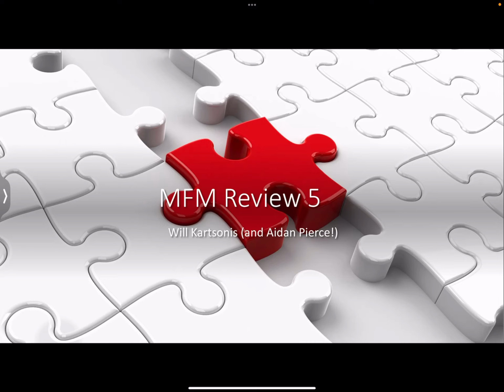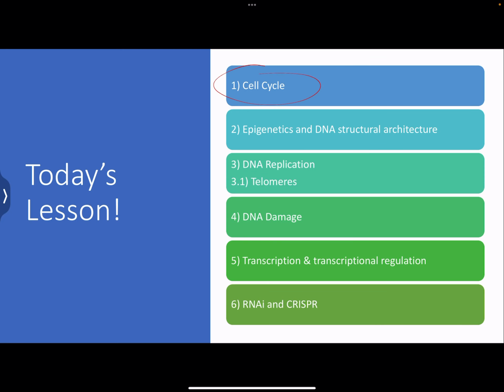Hey everyone, we're pivoting away from metabolism finally and getting into all things cell division and nucleic acids and whatnot. So we're going to talk about the cell cycle, tumor suppressor genes and oncogenes. We're going to talk about epigenetics, DNA replication, the whole mechanism, with an emphasis on telomeres and how they're related to